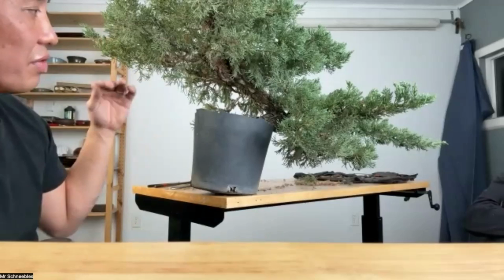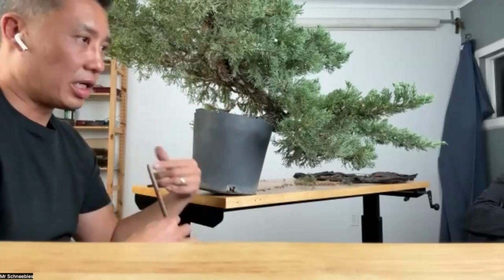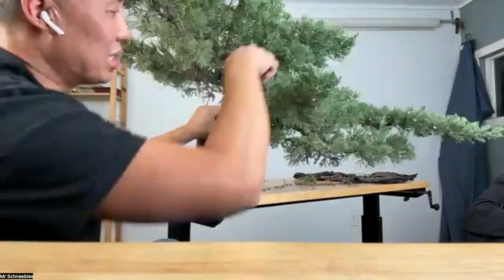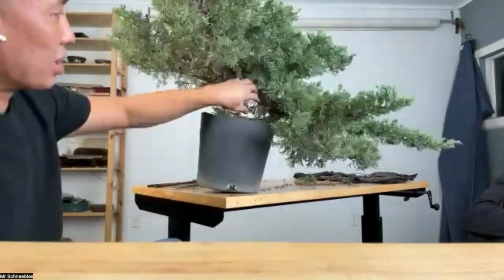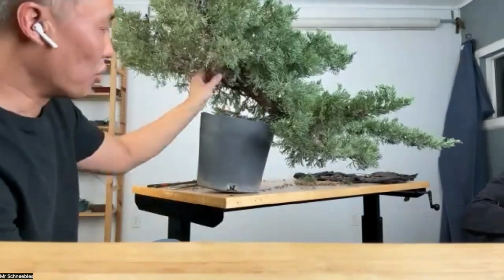So if you guys are a big fan of deadwood on junipers, which most people are, if you're developing material, you also have to think about the part that you plan on killing off. So it's not just the part that you're going to design the tree and all the live foliage, but the part that you plan on basically shredding down. And what you'll want to do is try to even ramify some of that section as well, because if you ramify it,